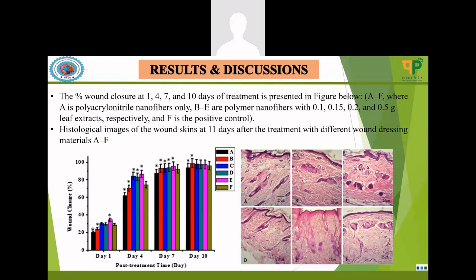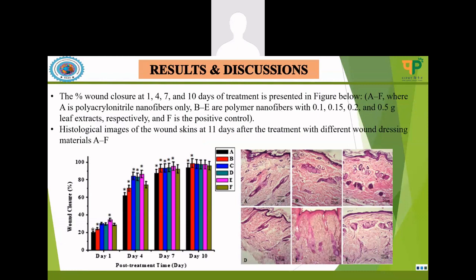In the wound healing study, skin incisions with an area of 0.8 centimeter were made on the rats' dorsal and treated using a commercial antibacterial gauze, which is the positive control, tagged with F. Nanofibers, which is the negative control, are tagged with A, and nanofibers having different concentrations of leaf extract incorporated are tagged with B, C, D, and E. The percentage wound closure at day 1, 4, 7, and 10 of treatment is shown in